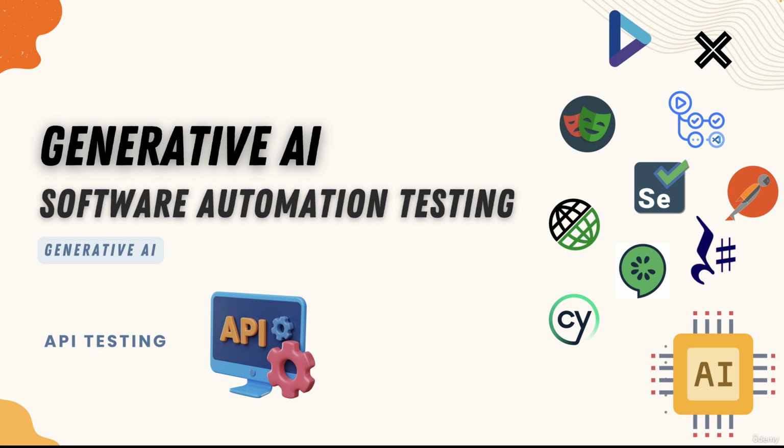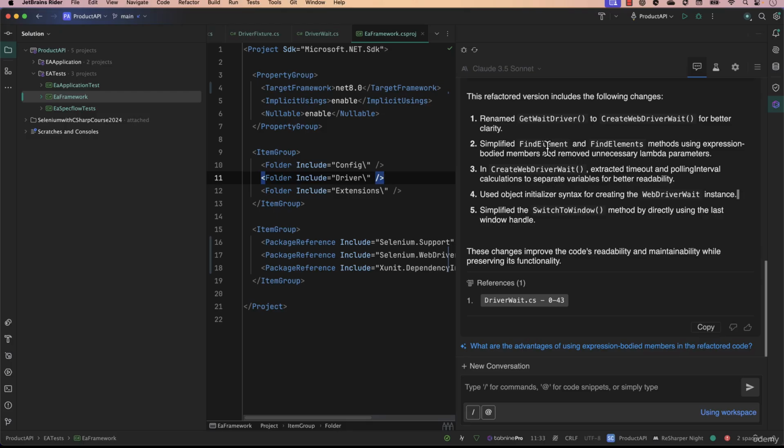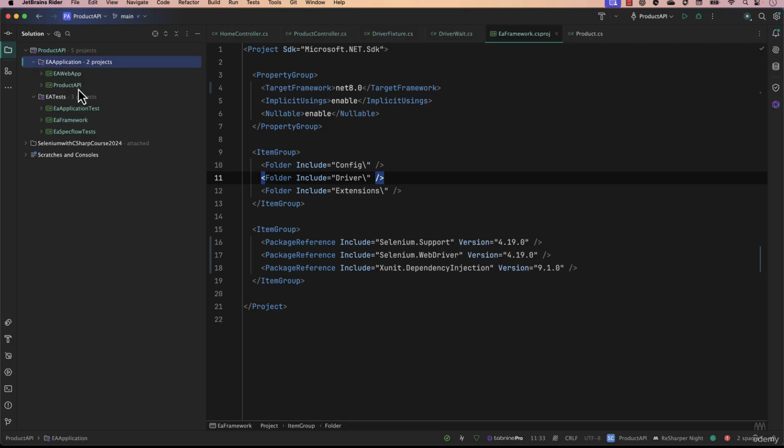So let's talk about how we can make use of generative AI to do this API testing in a more robust and better fashion. But before I go there, first of all, let's do some API testing with already available systems that we usually do. So if I just go to one of my applications in the machine that I have got over here,